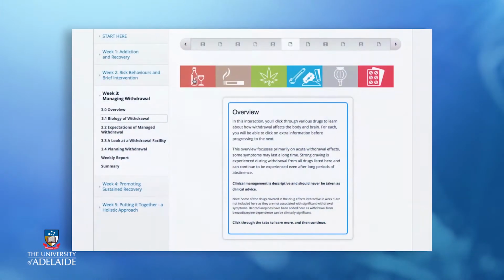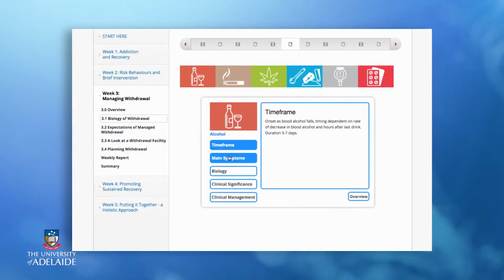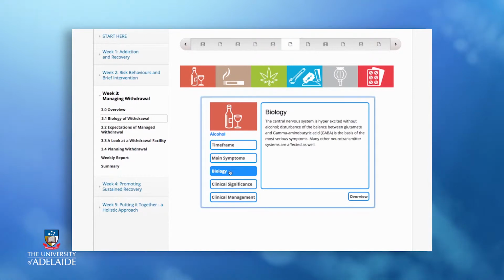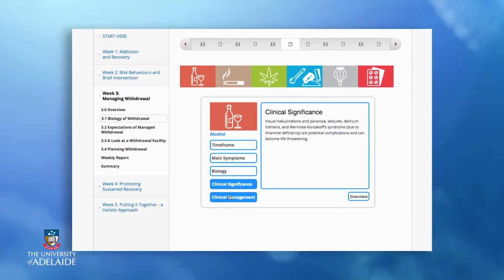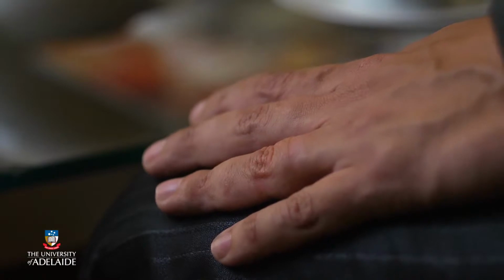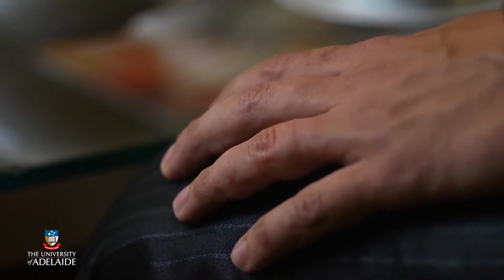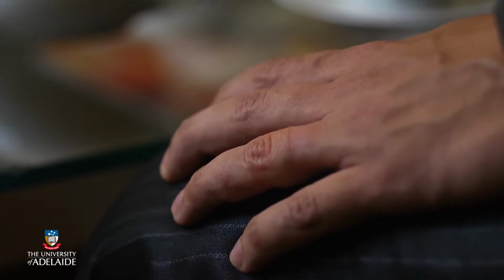This week has been all about managing withdrawal. In this week, you increased your understanding of the biology of addiction by looking at the processes underlying the withdrawal syndrome experienced. You reviewed the nature of withdrawal signs and symptoms associated with different drugs and general principles for managing withdrawal. Withdrawal symptoms are the result of adaptations to the constant presence of drugs, so they are often the opposite